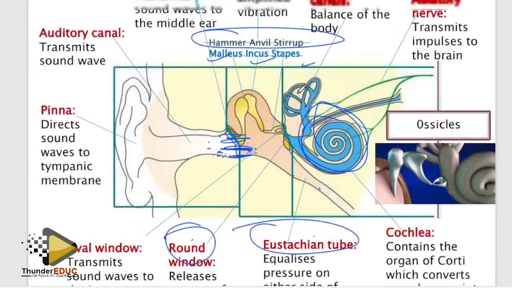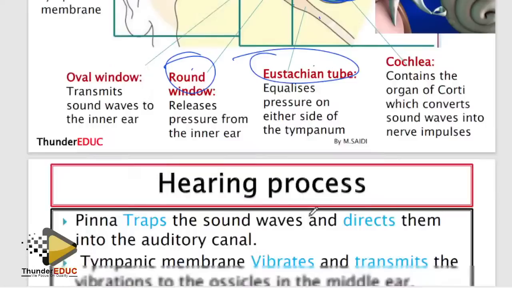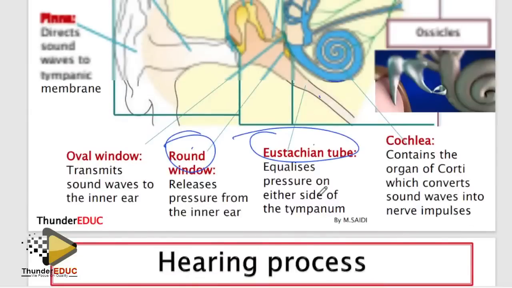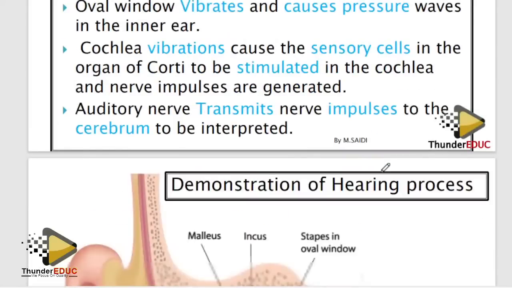How do you call this? The ossicles' function is to amplify the vibration. They also transmit sound, but the main function is amplification of the vibration, you know it, right? Yes. The sensory cells found in the cochlea are the organ of Corti, and the sensory cells found in the semicircular canal are the maculae and the utriculus. Simple, you are done. Hearing process: name, part, function, and in their order. Then the hearing process is done.